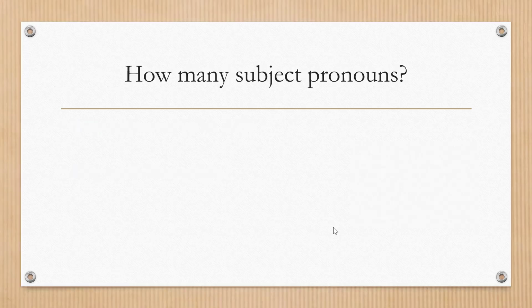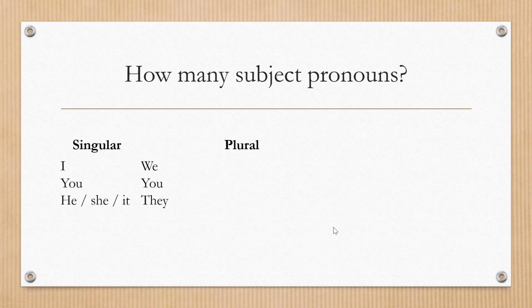How many subject pronouns? Now, let's study the following examples. We have two categories: singular subject pronouns and plural subject pronouns. Singular subject pronouns, we have I, you, he, she, and it. Plural subject pronouns, we have we, you, and they. Now, let's study these pronouns